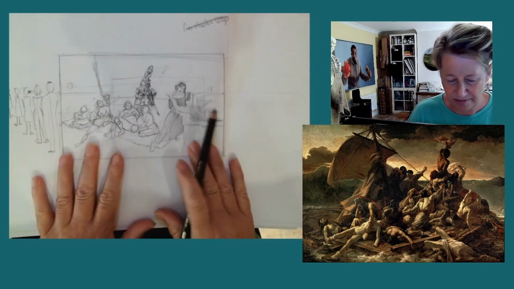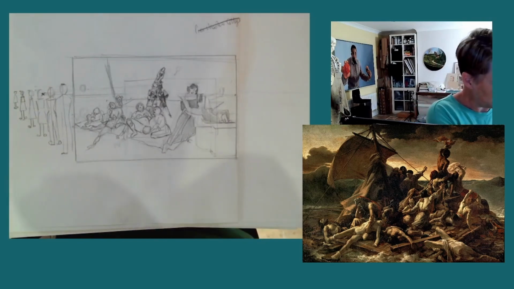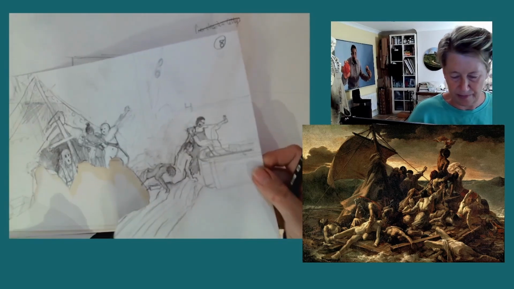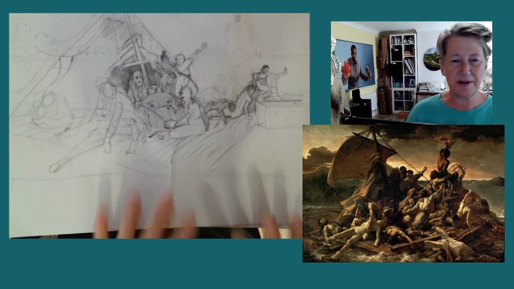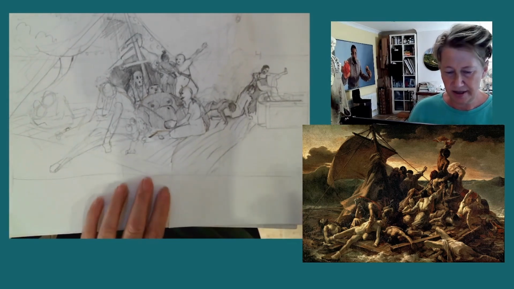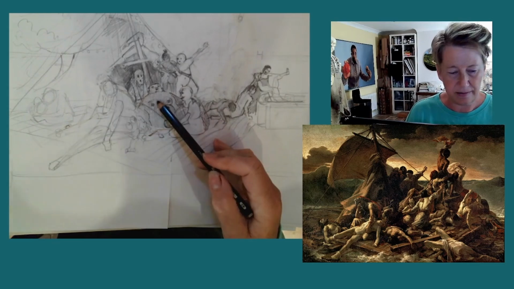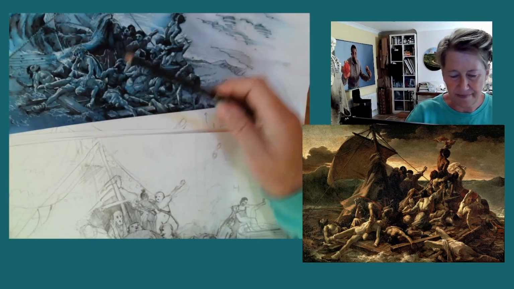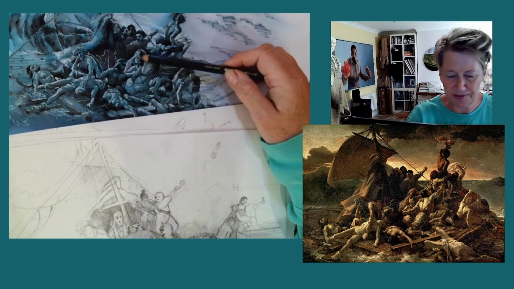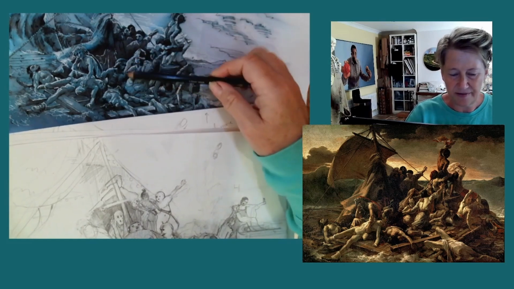This one didn't really take it much further. But then I really started to have a bit of a breakthrough. So I had this situation going on, and I really felt that this was quite close. So this woman giving birth is sort of inspired by the face of this one and the figure and position